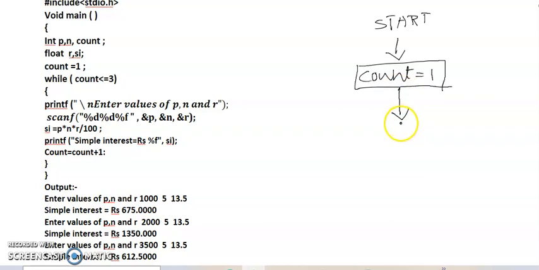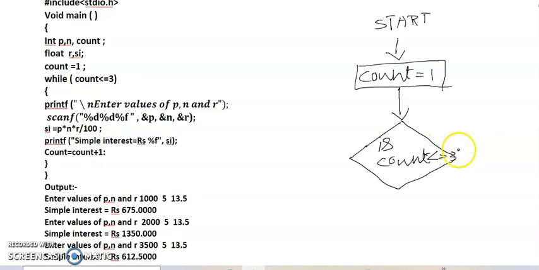decision. Okay, decision means this is my loop condition. Loop is count less than or equal to 3, then the program will continue, otherwise, no, then it stops. And if it is yes, so it moves. Okay, yes, if it moves, in here you get the input